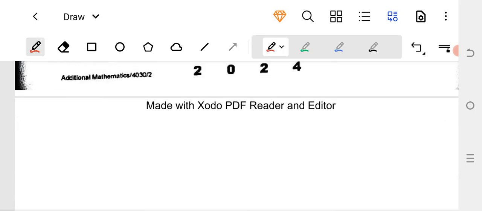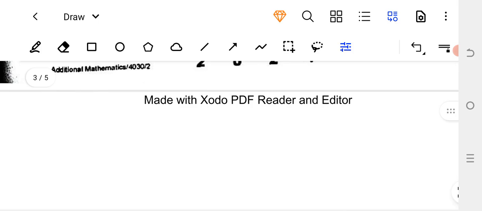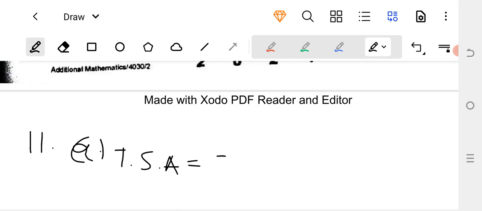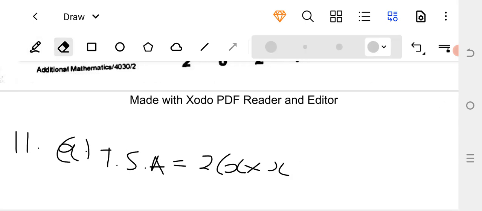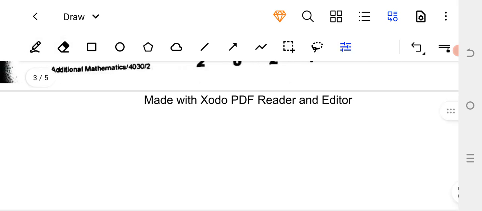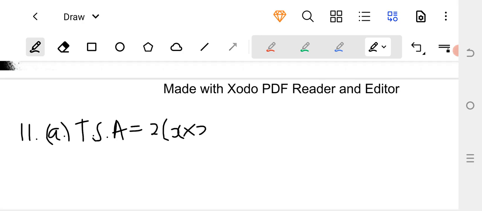Question 11a. Where we know that the total surface area is equal to 2 times the area of a square, which is x times x, plus